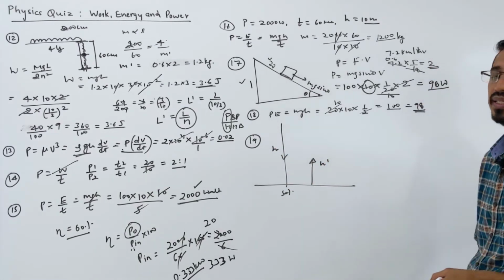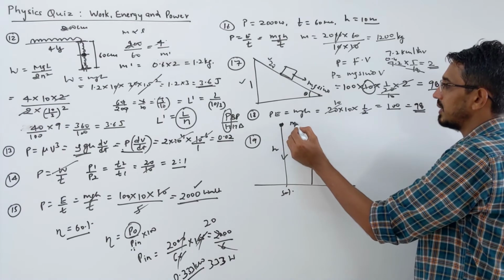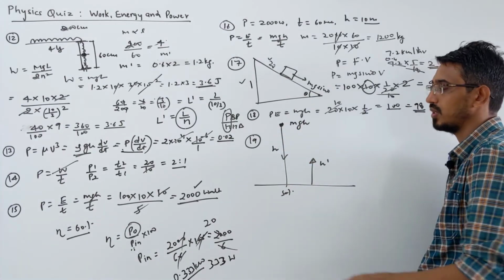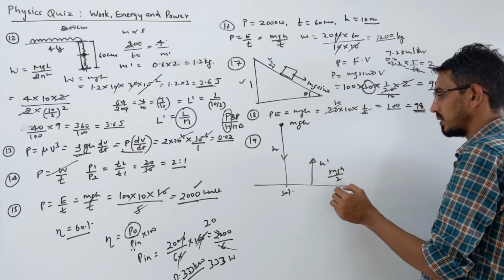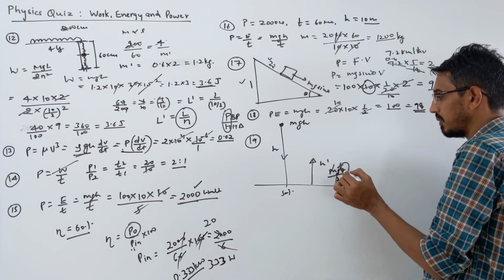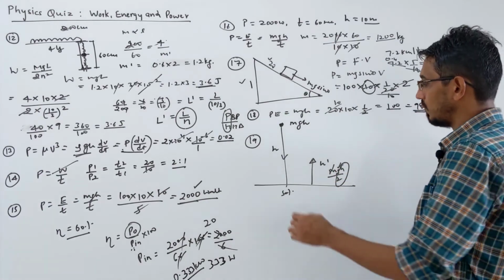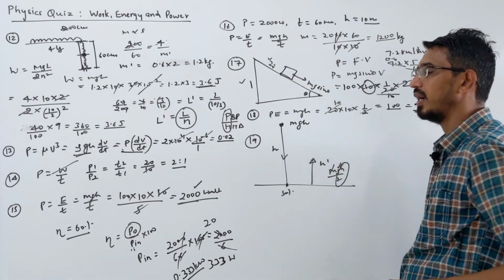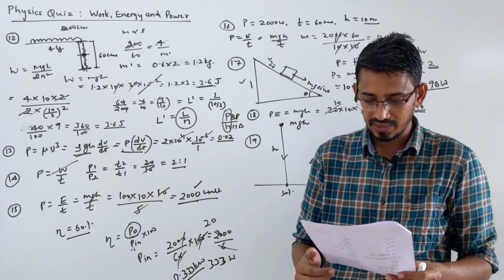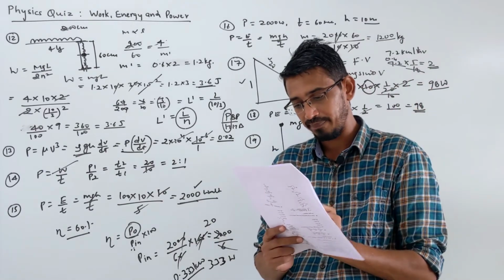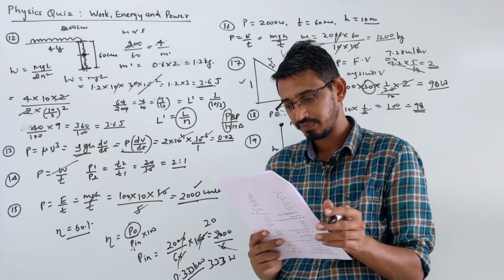It depends on the energy, because look here, you are dropping from somewhere. At this point you have potential energy mgh, okay? When it returns back, you have what? Half of the mgh. M is the same, g is the same, so what happened to the height? H by 2. So when 50% energy is lost, your height becomes half of the initial. So for the 19th question, the correct answer will be the second option, half.